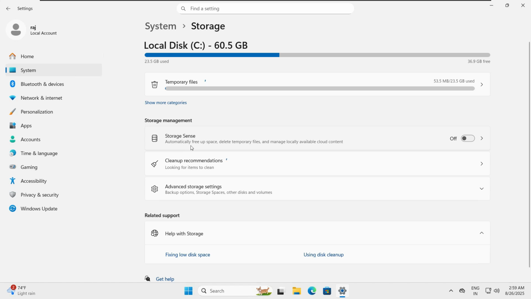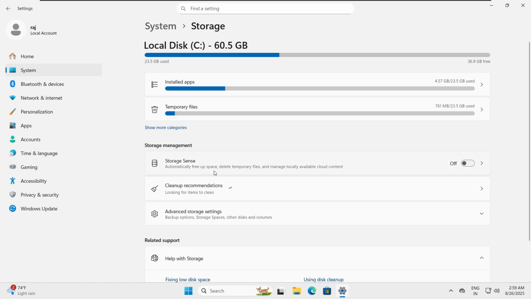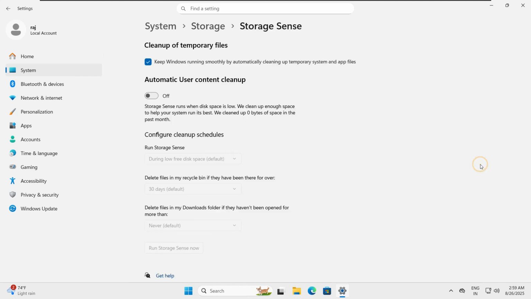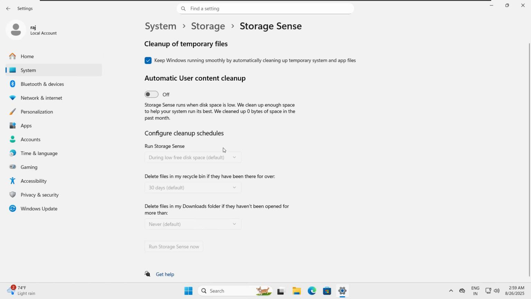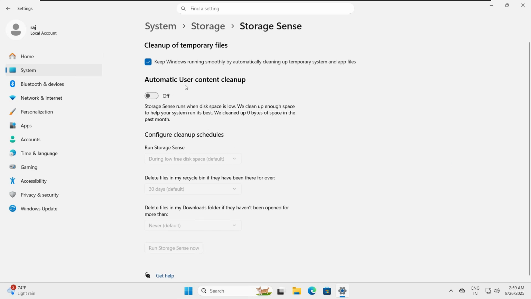Okay, Storage Sense automatically frees up space, deletes files and manages locally available cloud content. Okay, so let's enable it, and before we enable, you can see there are internal options here: automatic user content cleanup. Okay, so let's enable Storage Sense. Okay, so when you enable Storage Sense and configure the cleanup schedule, you can configure the schedule every week,